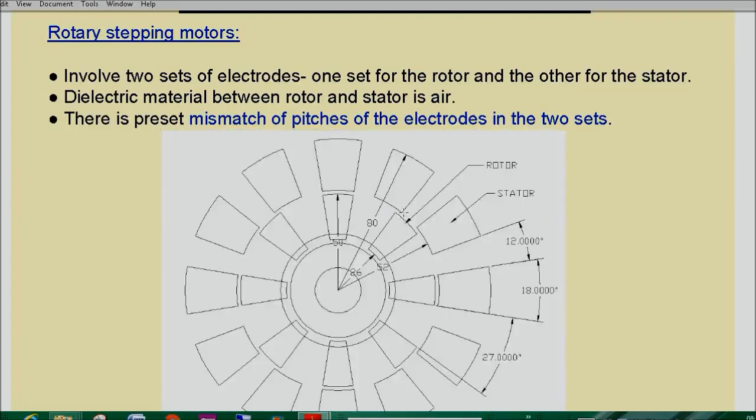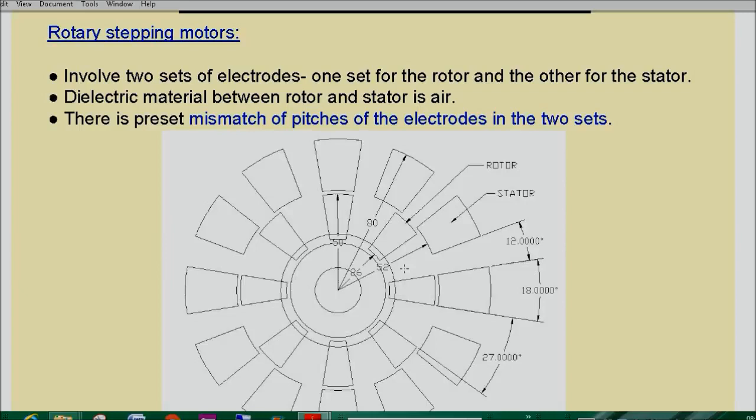Now look at the gaps that are arranged. Suppose, let us say, this is the initial misalignment, and look at the gaps that exist here, here, here, and here. This is the careful arrangement that design engineers can do, and if you can design the positioning of this, with the rotating electrode on this side, which is the rotor, and the non-rotating one, which is the stator, and if you properly maintain this alignment with proper degrees,